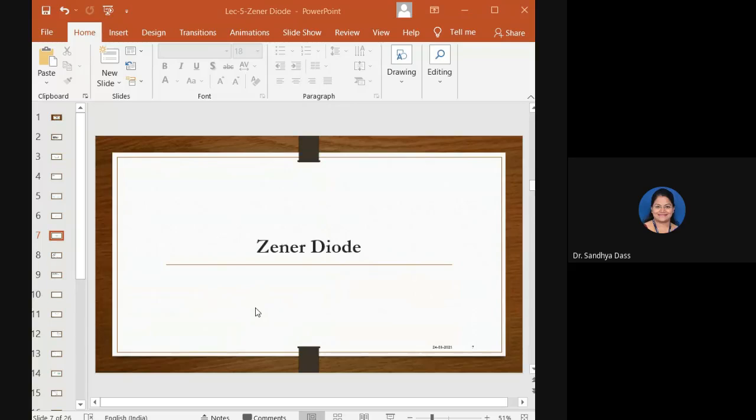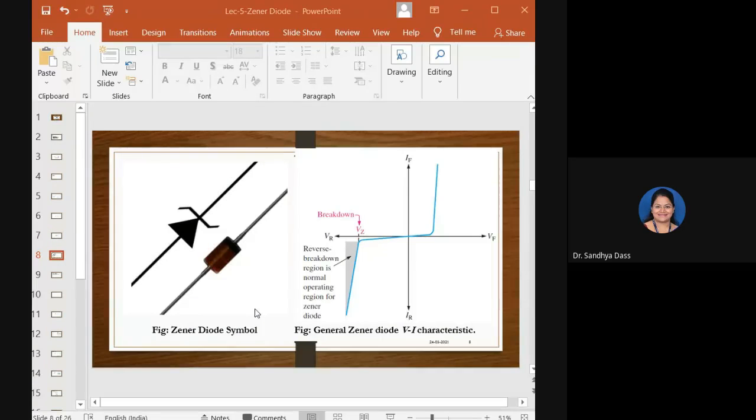All right. So the symbol of the Zener diode is shown here in the figure. Instead of a straight line representing the cathode, you can see the line is bent there, indicating the Z symbol. So for Zener, the symbol is shown as shown here. So the cathode line will be bent like this.